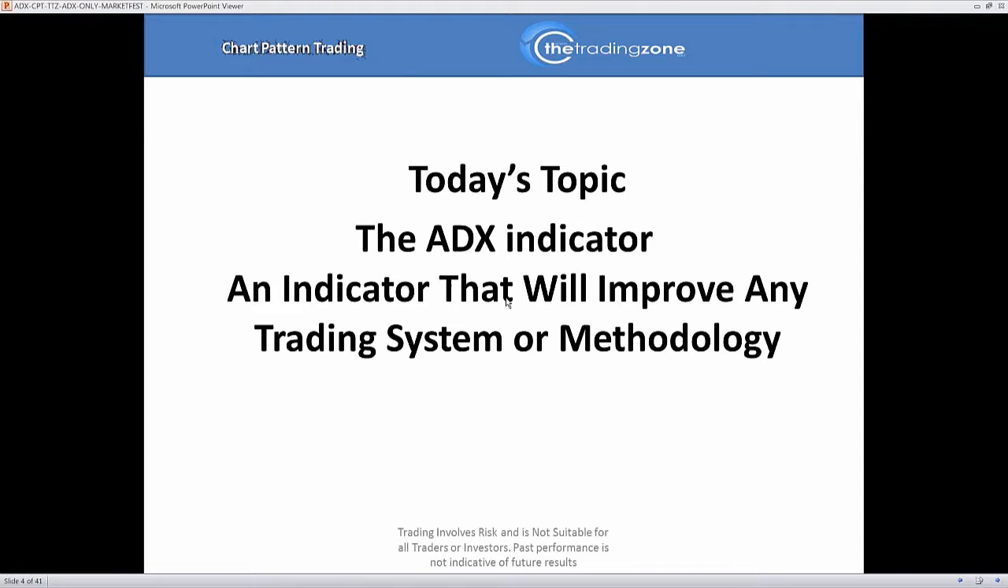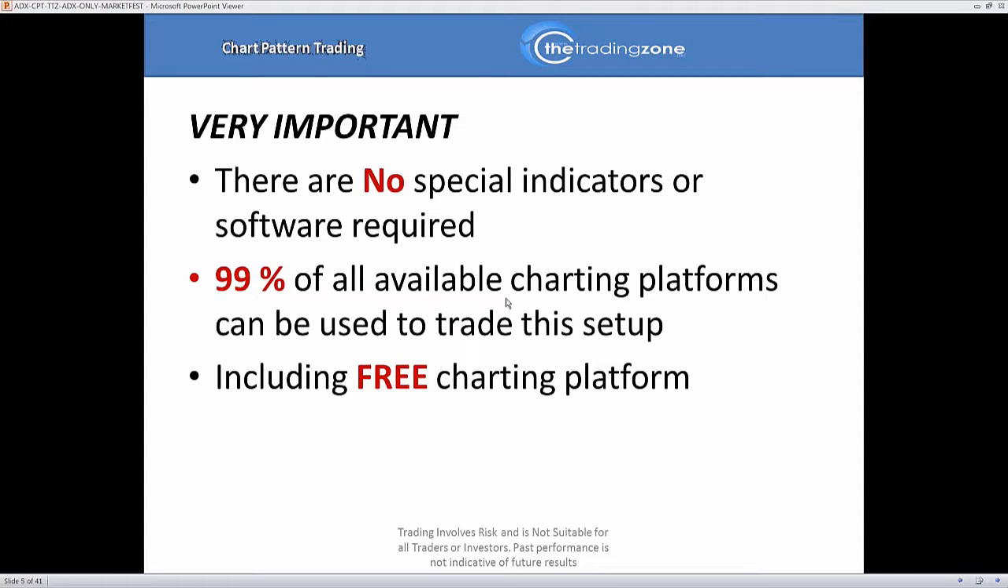Let me just see if I can move the slide forward. There we go. So what's very important for me anyways is that there are no special indicators or software required. 99% of all available charting platforms can be used to trade the setup that I'm going to show you, including some free charting platforms, and I'll even show you which ones those are